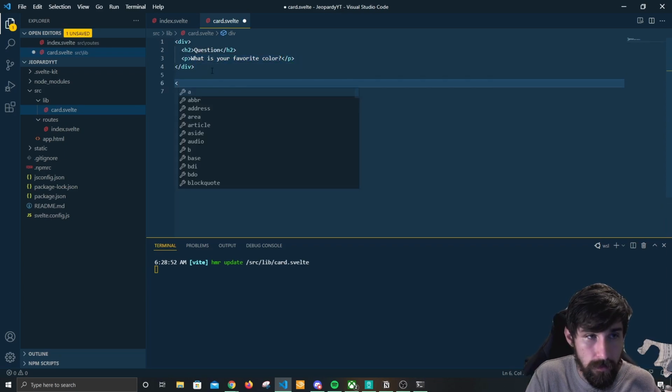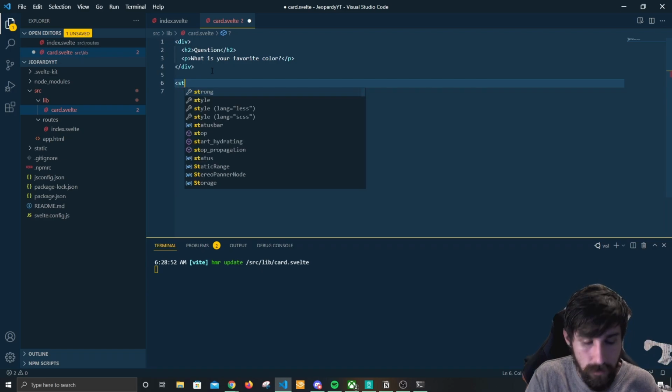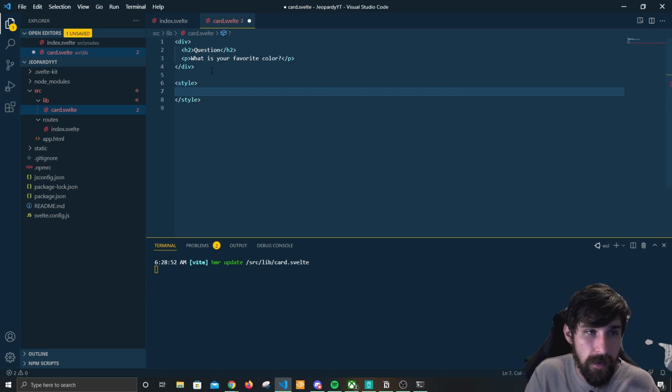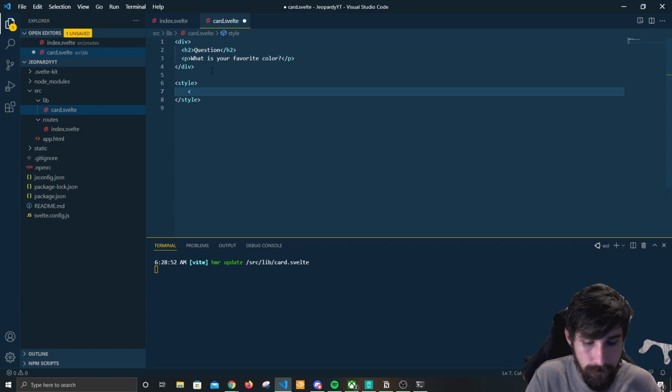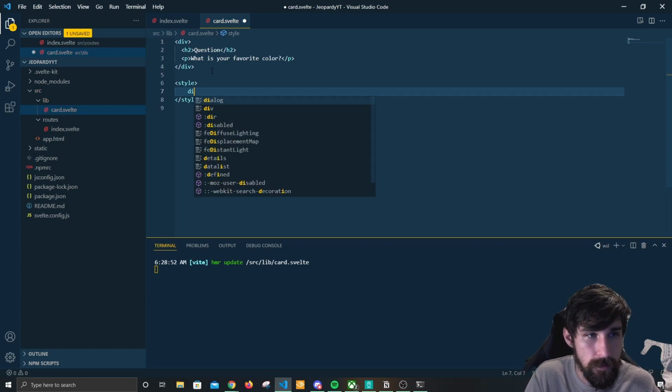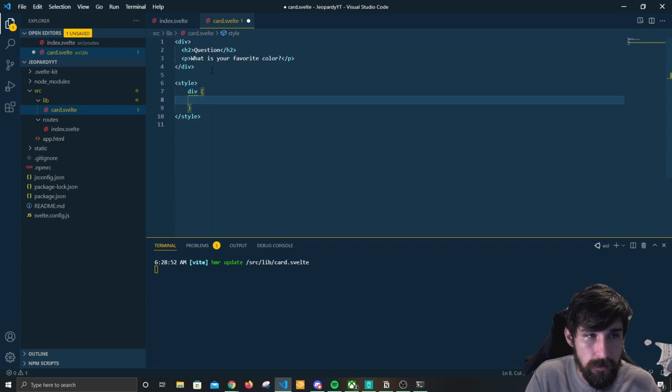Then in the style tag, which is where you can put CSS for each of your components, I'm going to go ahead and make this, we'll call this div, and say